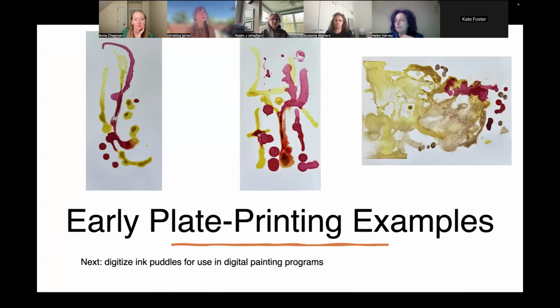So, playing around with the inks, making different kinds of patterns and doing different interactions of the natural sourced inks, because I'm also a printmaker. I really wanted to see if there was a way to print using my press to print the inks and not just have them. We've all had the experience of having that puddle of wet, whether it's ink or whatever, and it just squishes out the sides when you apply any pressure to it.